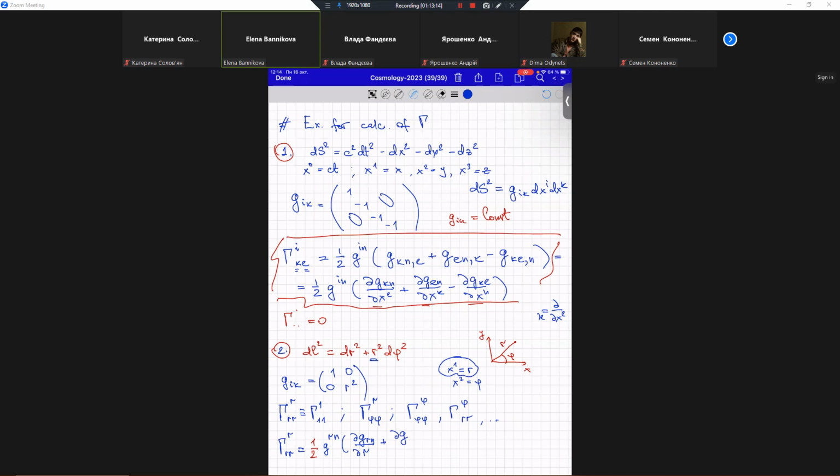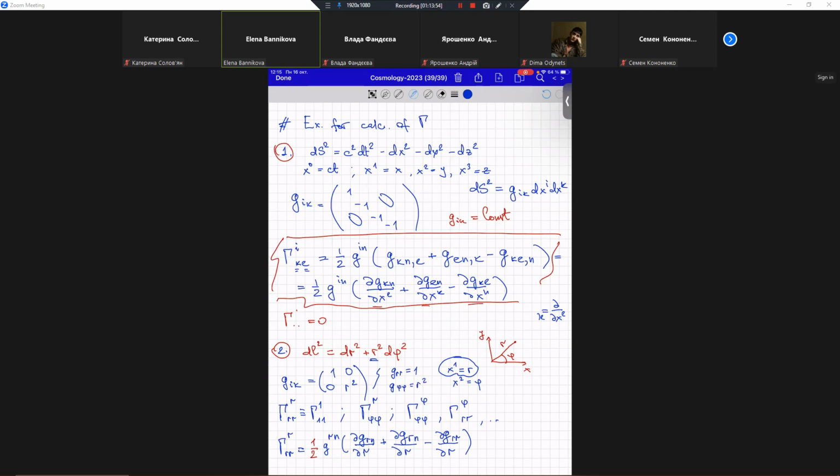dG, R, N divided by dR, again R, minus dG, R, R, divided again by dR. After this, and here just for help, I need to write now that G_RR equals 1, G_phi-phi equals